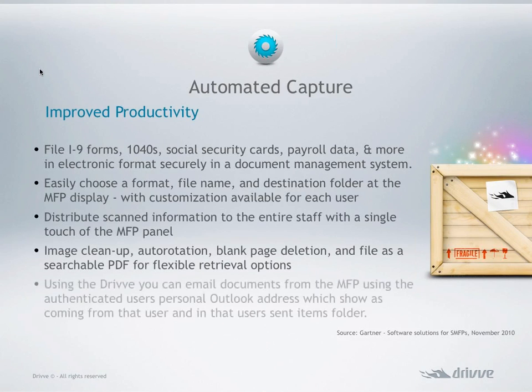So some of the things that we could do to help would be, again, streamlining that process to get those documents directly into the backend system, having those already identified and indexed at the MFP, being able to select the appropriate file format for those images. So, one thing that you'll hear us talk about a lot is making sure that your documents are being stored